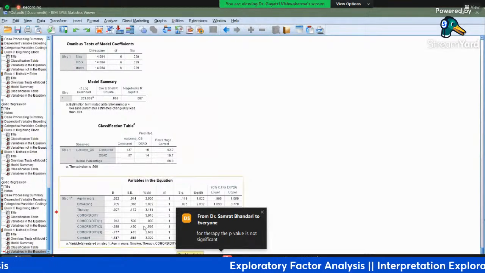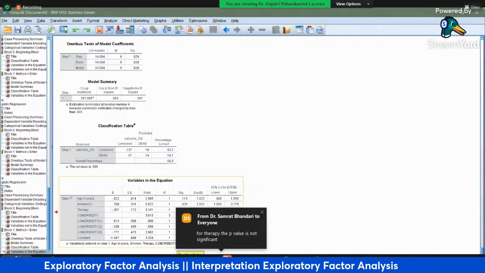Then comorbidity, if somebody is having diabetes, they are having more, because this is going more than 1.